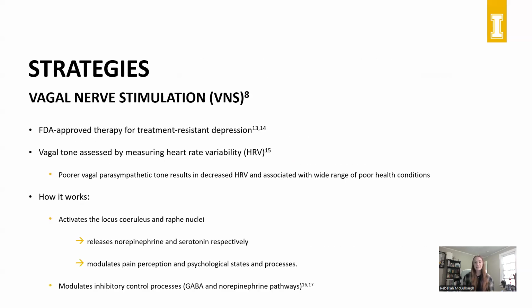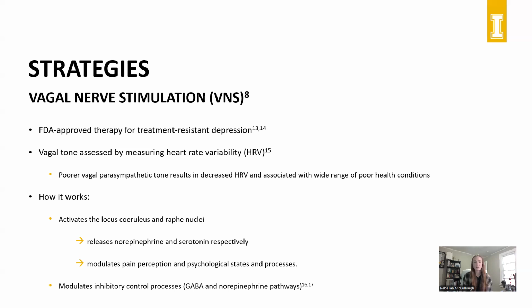And another really interesting idea working within this neocortex would be using vagal nerve stimulation. So vagal nerve stimulation is already an FDA-approved therapy for treatment-resistant depression. So it's already being used for that mood and affective component. Vagal tone can be assessed by measuring heart rate variability. So this is a way of being able to determine if we're actually doing anything with our treatments or not